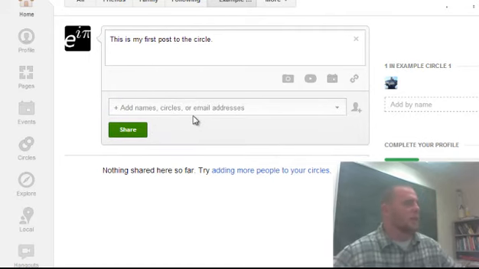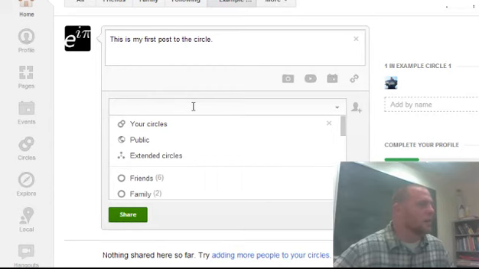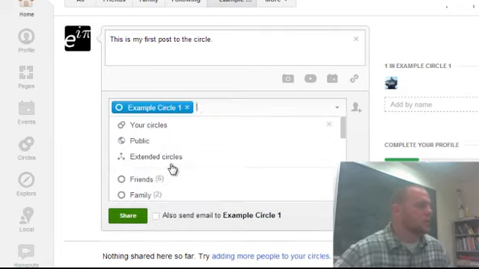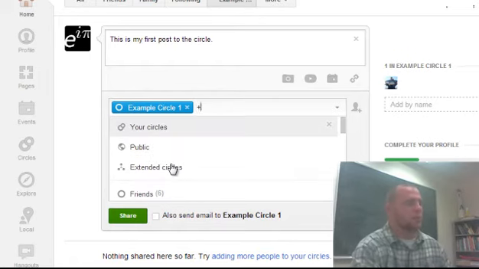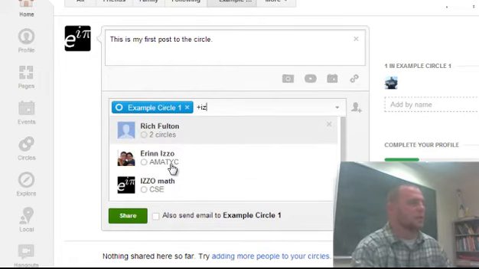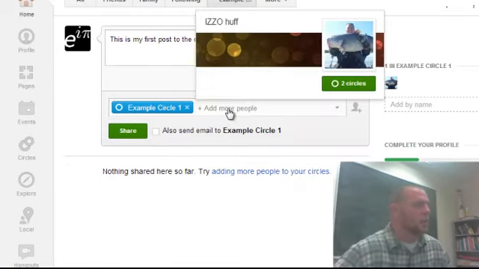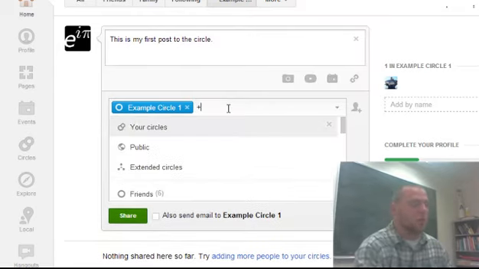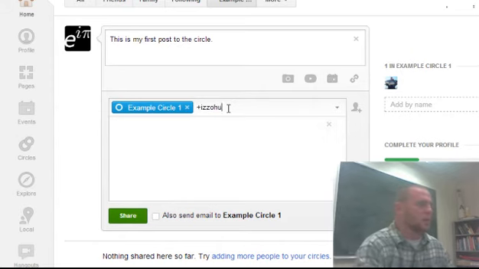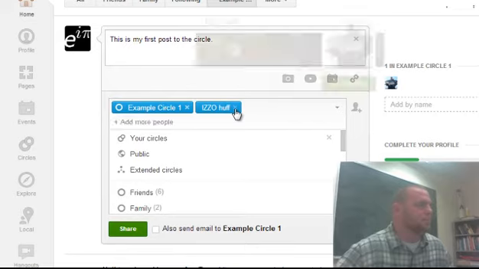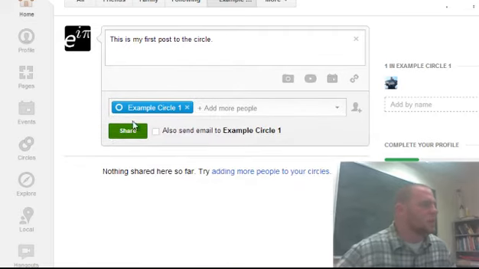When you see here it says add names, circles, or email addresses, you click there, then you just start to type in the circle you want to add. So mine was example circle 1. There it was. Or you can add people individually, and since I only have one person in my circle, I'll say plus Izzo. So when you want to add a person individually, you put plus before their name. Plus Izzo Huff. Okay. I'll take that off there,